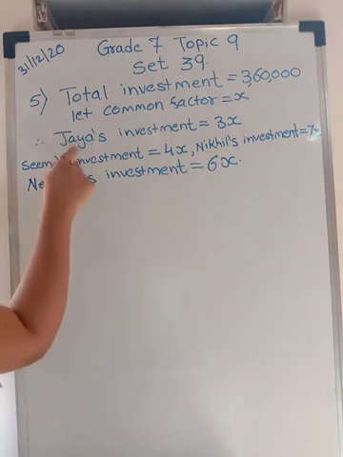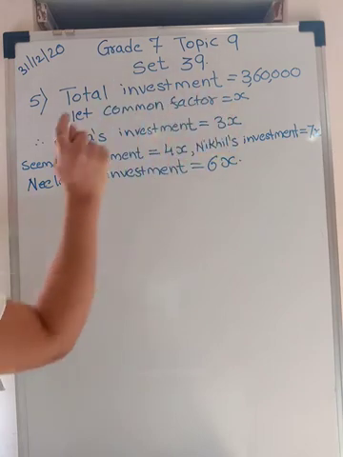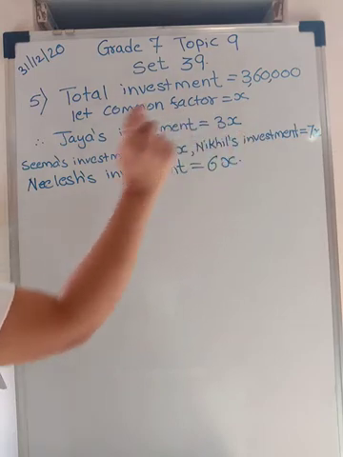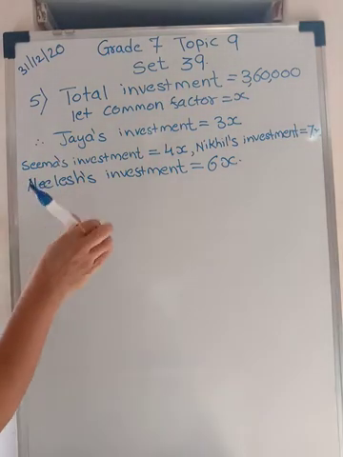What was Jaya's share? Now see, ratios are 3:4:7:6. That means first name is of Jaya. So Jaya's investment is 3x, if we take common factor as x. Seema's investment, second name, so 4x. Nikhil's investment 7x. And Nilesh's investment is 6x as per the proportions given. Now, we want to find Jaya's investment.